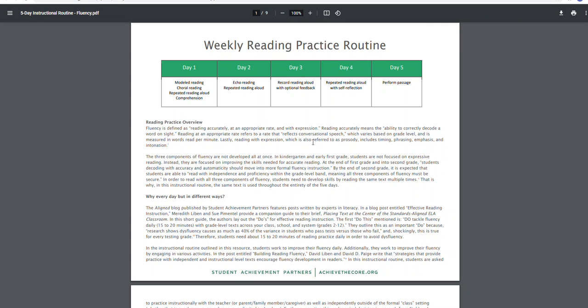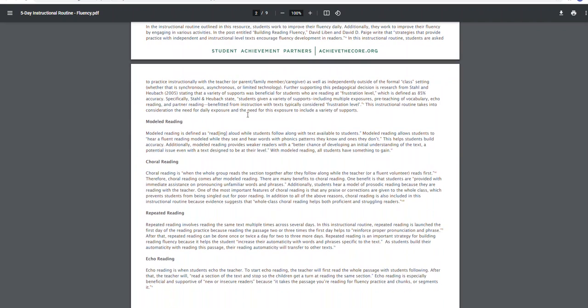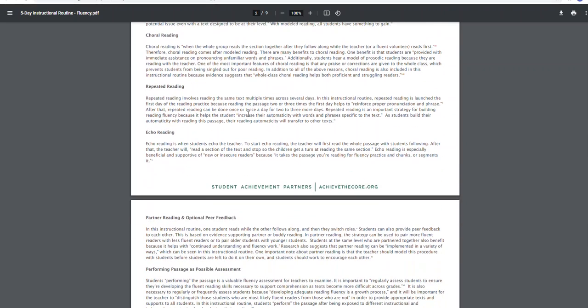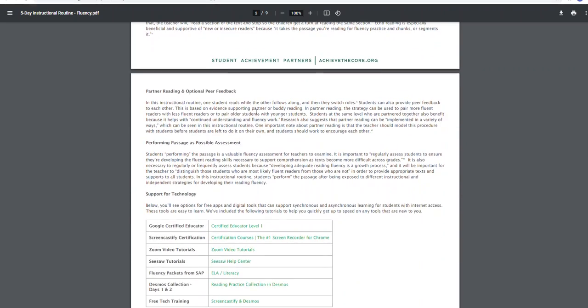They did indicate it's still opening. They did indicate that if students scored below 30% on the interim, you may want to look at how they did on the fluency. Chances are they're having fluency issues, and then they indicated that you could use these weekly reading practice routines. They did mention this was used in several schools, and it did help improve comprehension on reading